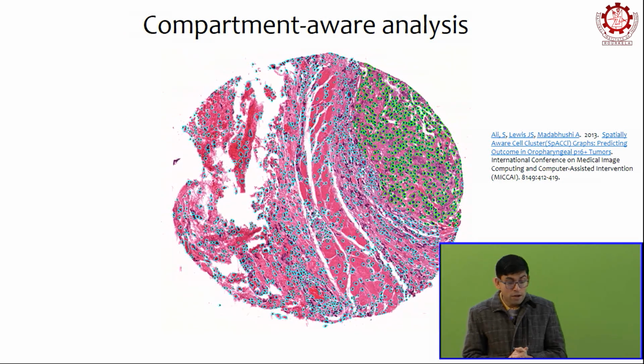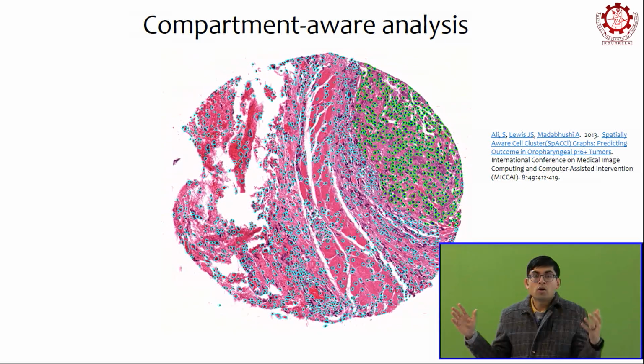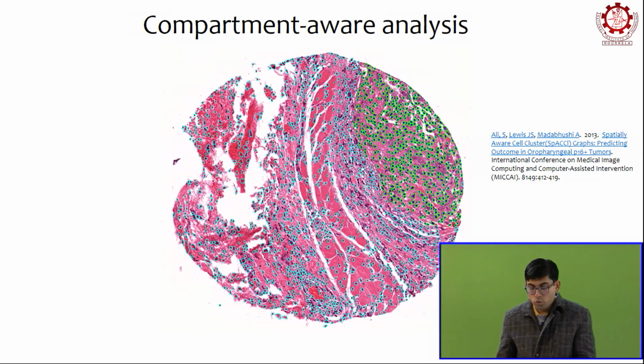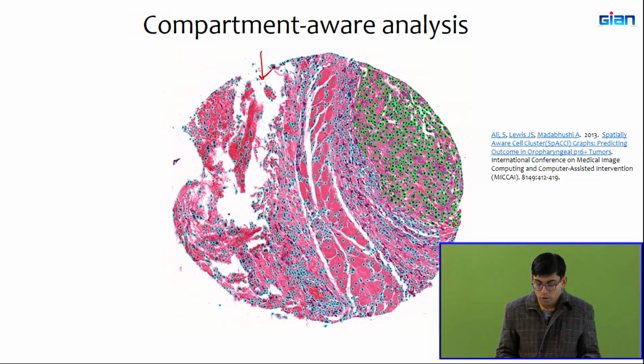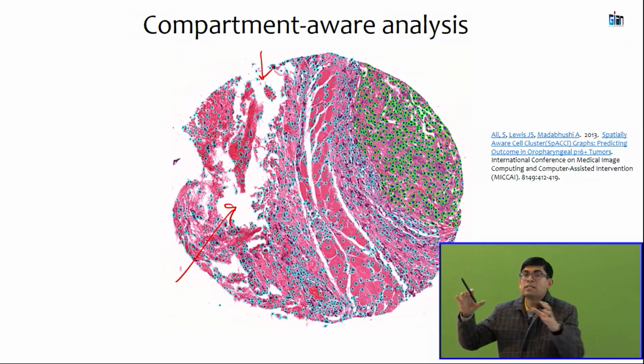Okay. So, what else can we do with this? There is this notion of compartment aware analysis. It is not necessary that you have to analyze the entire tissue in one go. Because these are huge images, there are different compartments in these images. You have epithelia, you have stroma, you have different kinds of cells, and you have regions where you do not really have any tissue at all. There can be tissue loss during the preparation, or for some reason there might be some hollow regions there. So, what we can do is have algorithms to separate out the different compartments and then do